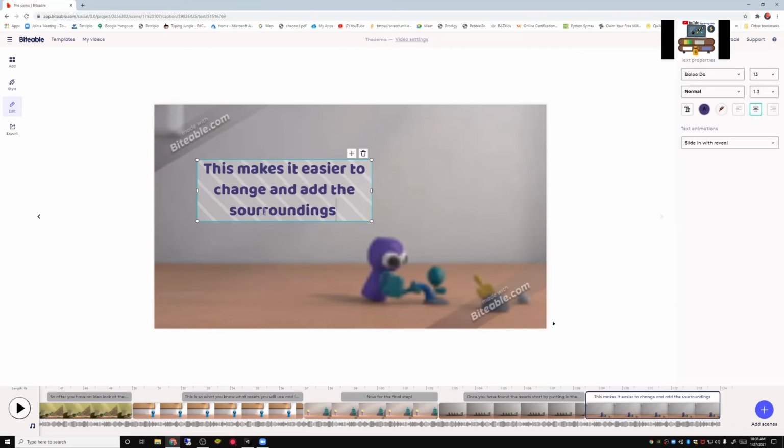Okay, this makes it easier to change and add the surroundings